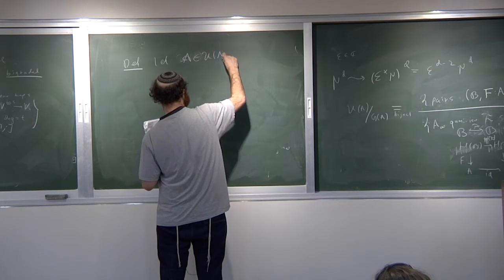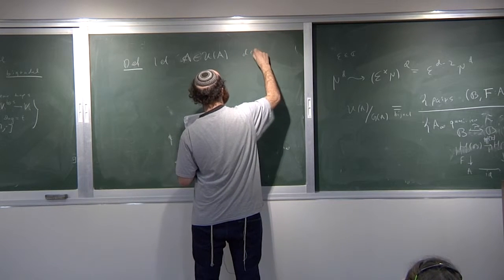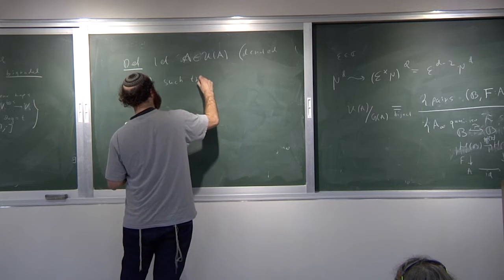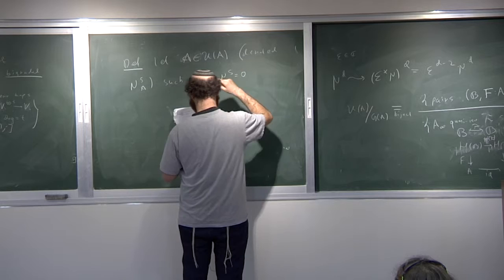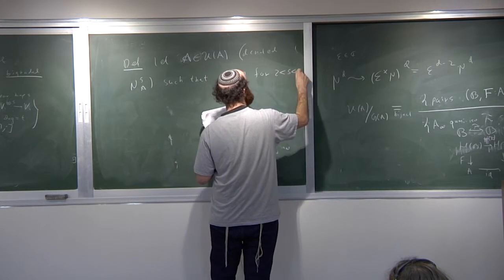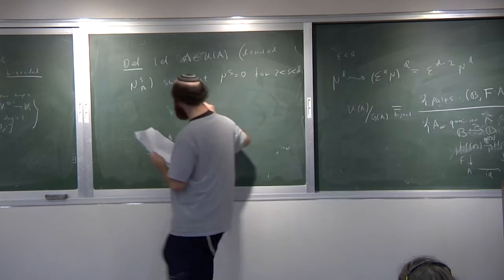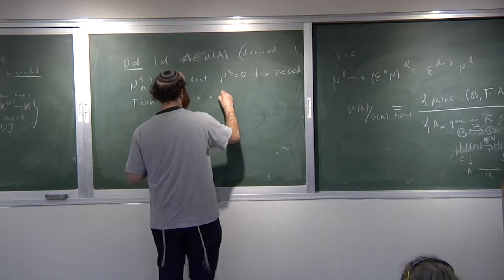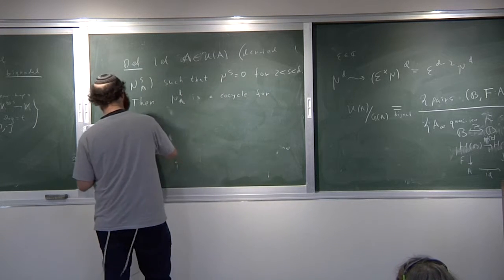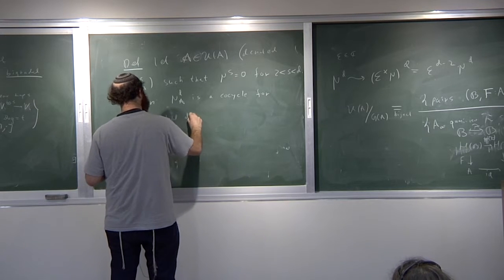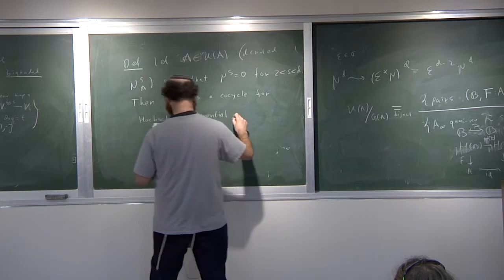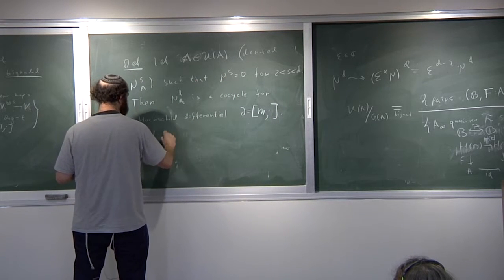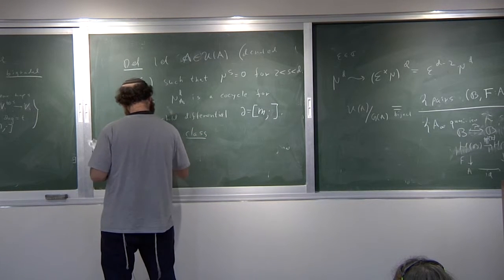If I have some A infinity structure, denoted U of A, such that mu of S vanishes for all S's between T2 and some order D, then UD of A is a cocycle for the Hochschild differential of the algebra, which is obtained by M. Call its class OD